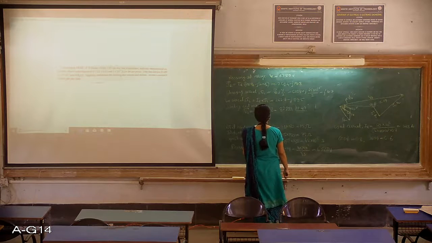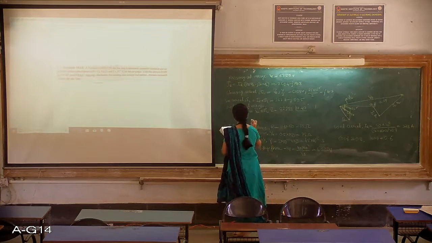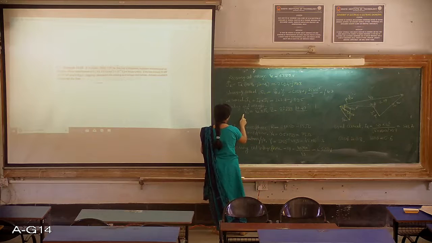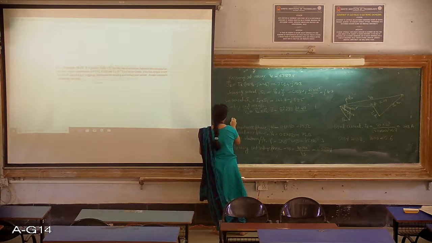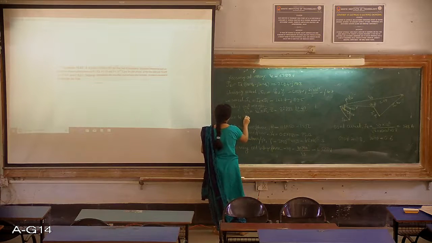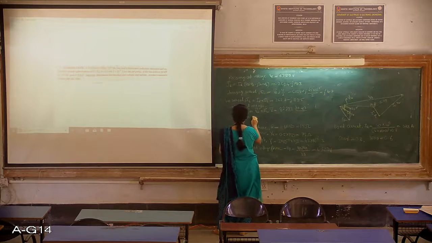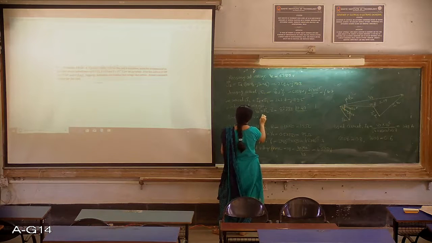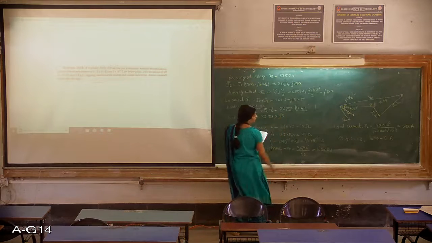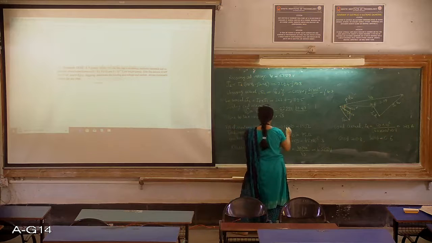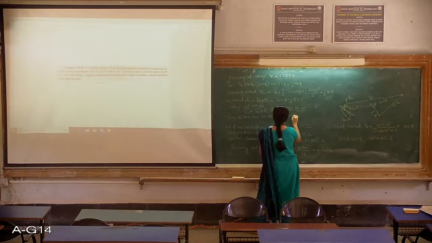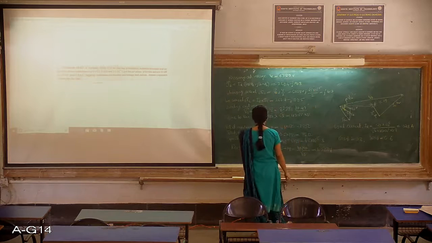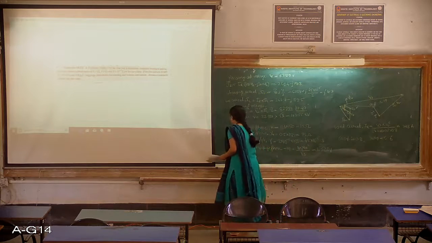So now this is your sending end voltage, again all on a per phase basis. I need to find out the line to line voltage. So the line to line voltage will be 82,881, which you have divided by root 3, now you multiply by root 3. That's it. So you will get the answer as 143.55 kV.